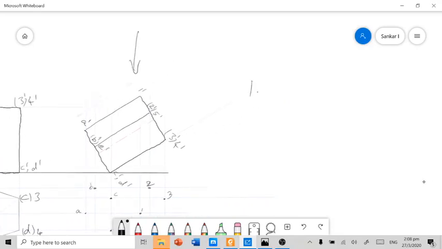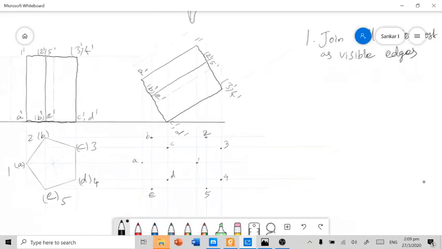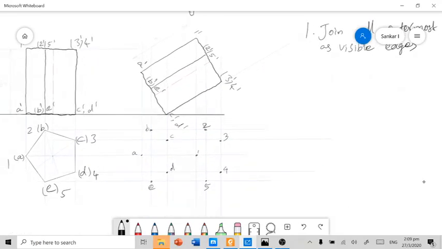First, you need to join all outermost corners as visible edges. Here, in this cluster of points A, B, C, D, E, 1, 2, 3, 4, 5,